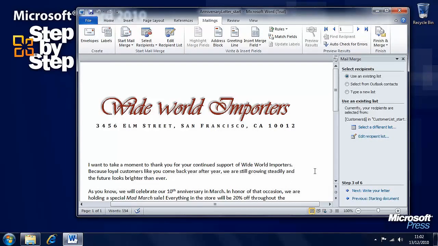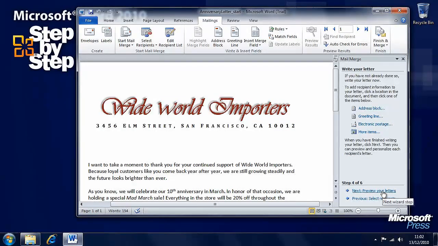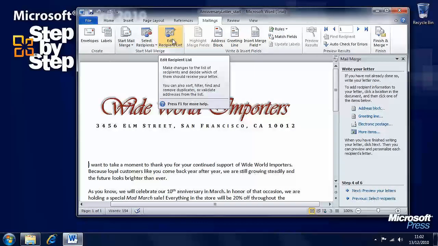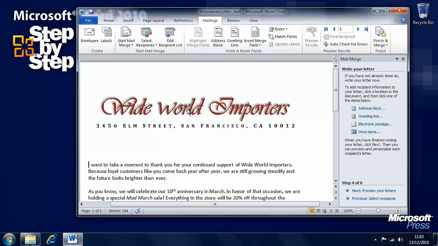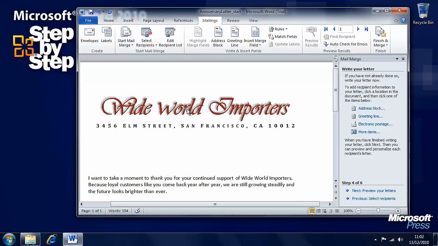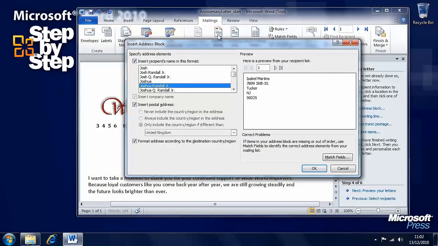address information. So now the wizard is saying write the letter, which we have done. Now we want to be able to insert an address block and a greeting line here, which you can also see on the ribbon at the top along with that edit recipient list. So let's insert some carriage returns here. Right, now we've got space for the address block, so we'll press the address block button and it'll give us